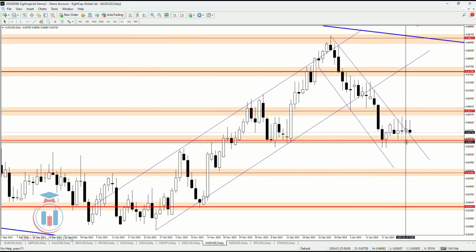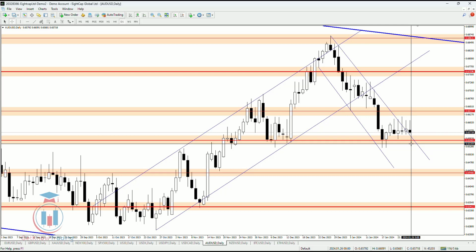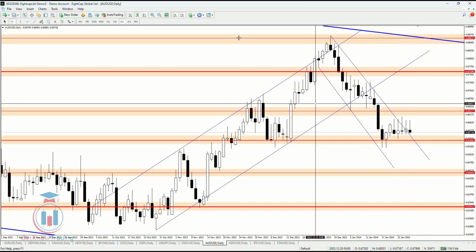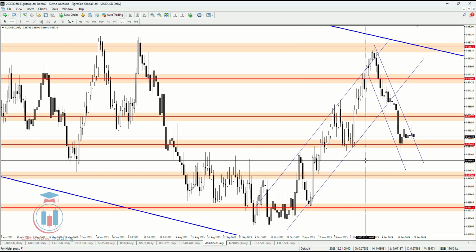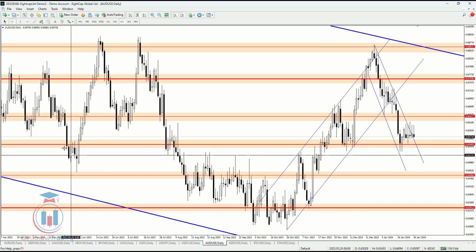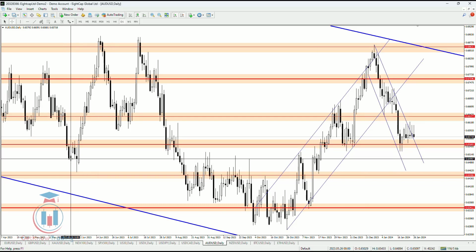We can see that this is the area, 0.654, a very important level for the price, and this is the demand zone. The price needs to break below 0.65 and close on the daily time frame below this one in order to fall down even more. And what is the target after the price makes a breakout to the downside? First one is this one here, 0.65. Let's round this one, because we can see when the price falls down, the price reaches this area here and also this area here.